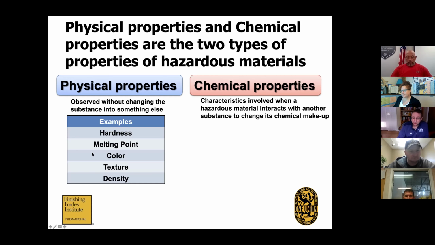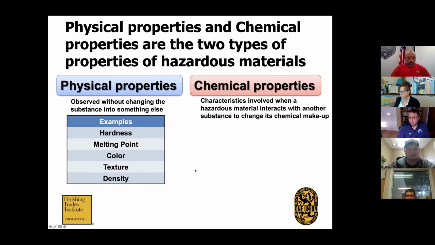A melting point, so what temperature something changes from a solid to a liquid. Its color, texture, right? How it feels. Is it abrasive? Is it smooth? And density. What mass is it per certain unit volume? So these are all things that we can look at, and it's not going to change what that chemical is,